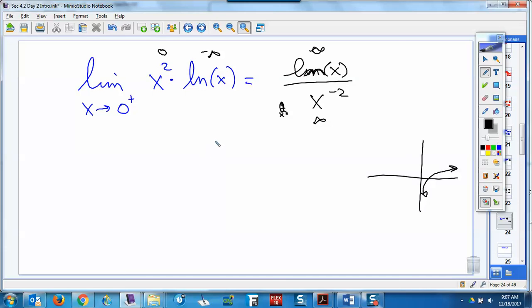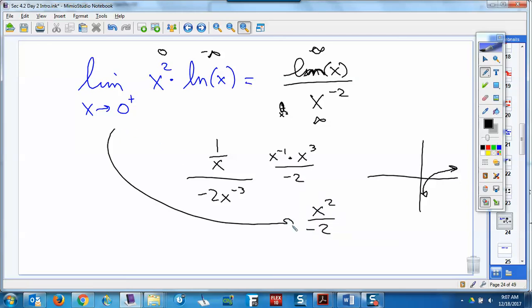So now we can do the derivative. Top is 1 over x. Derivative of the bottom is negative 2x to the negative 3. And now we can do what I was talking about a minute ago. Make this x to the negative 1. Let's flip this up. That's x cubed. We still have the negative 2 down there. What do you get on top? x squared over negative 2. Now as x approaches 0,